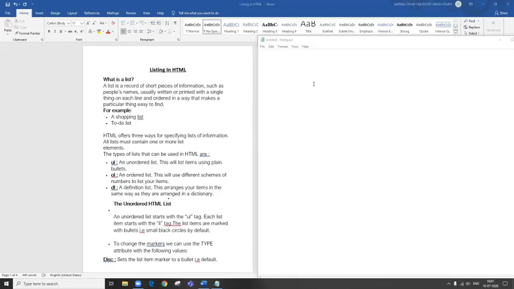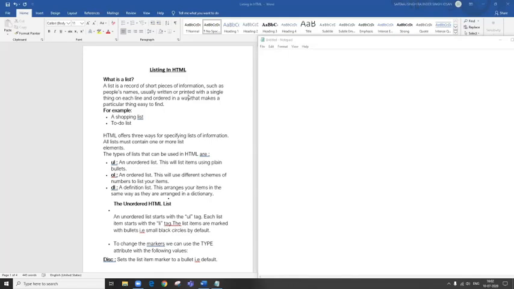So a list is a record of short pieces of information, such as people's names, which are usually written or printed with a single thing on each line and ordered in a way that makes a particular thing easy to find. For example, when we go shopping, we write a list of things that have to be bought. So a shopping list, a to-do list.